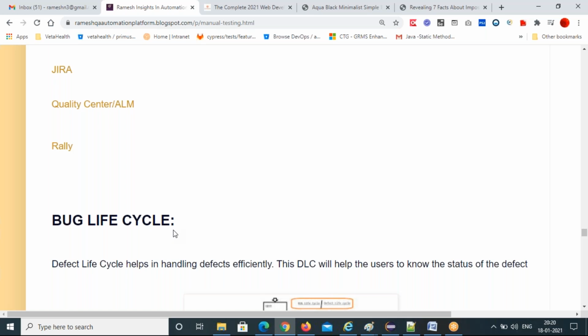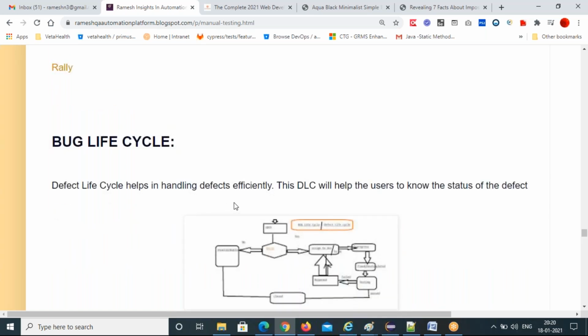The defect life cycle helps in handling the defects efficiently, which helps users know the status of the defect. Why you need the defect life cycle is that you can understand where this defect is and what status it is in.